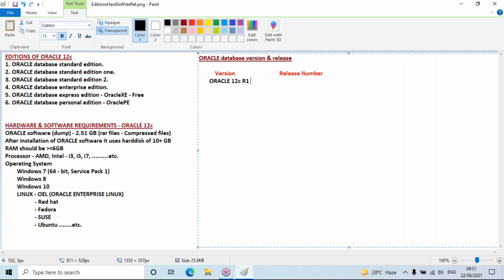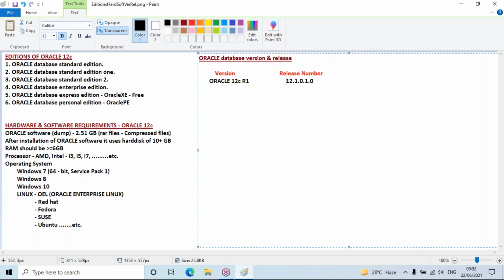And what is the release of 12c Release 1? What is its release number? Yes, I'll write it: 12.1.0.1.0. This is the release number of Oracle.